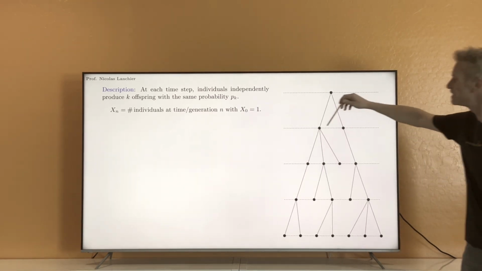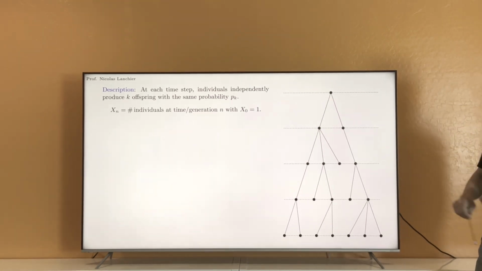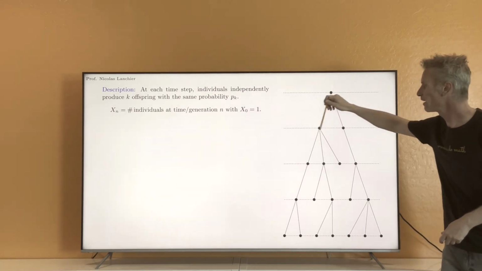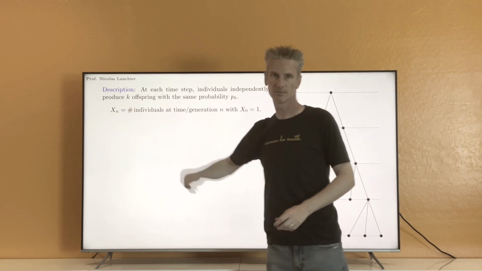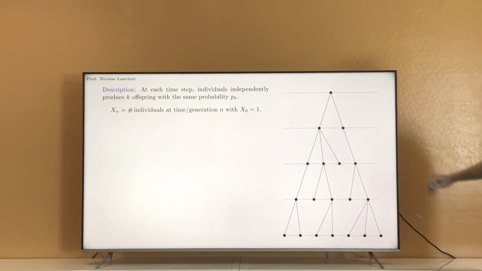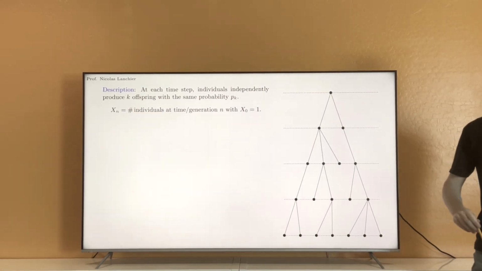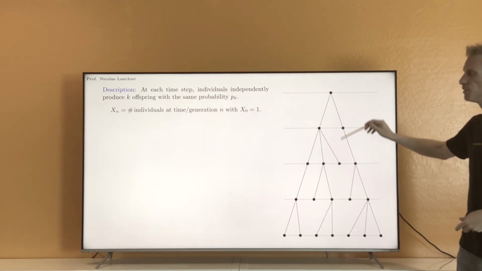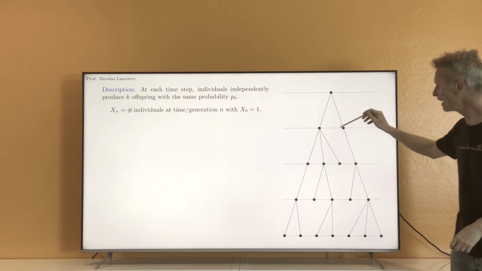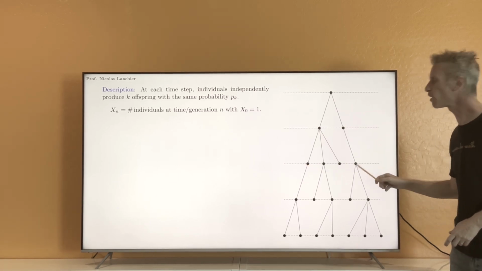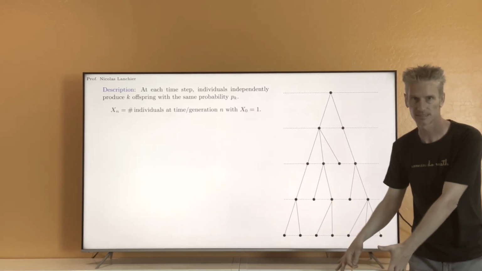Then at this time, second step in your program, you are going to generate 2 of those random variables Y. Let's say that the first one gives you the outcome 3 and the second one gives you the outcome 1. So you draw 3 edges here and 1 edge here, that gives you 4 vertices, and you keep on going like that, okay?